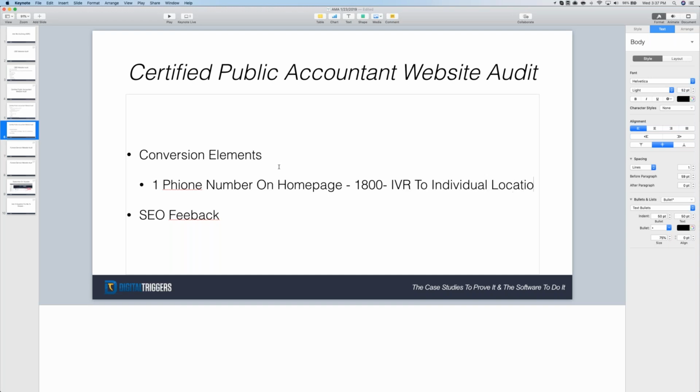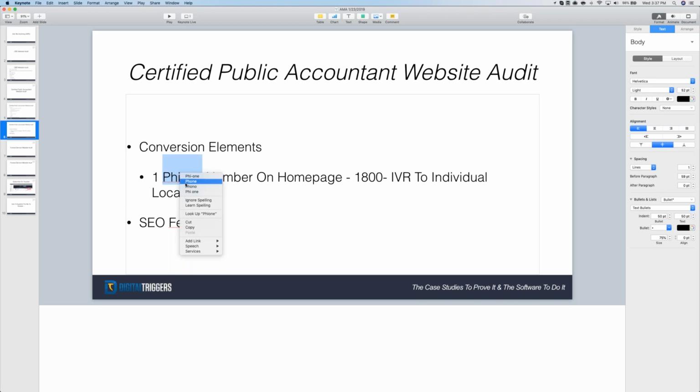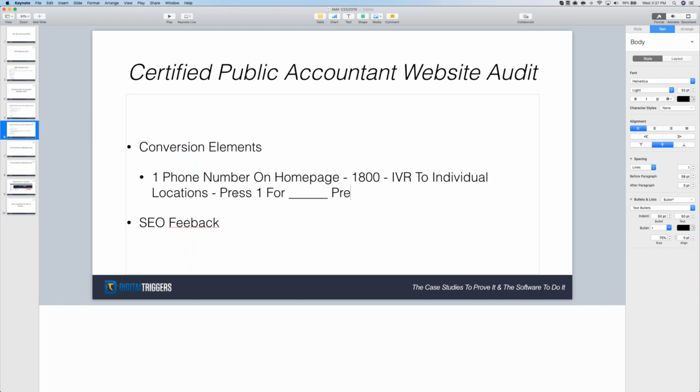So basically just going to say here, one phone number on homepage, 1-800, and then an IVR to individual locations, right? Press 1 for, press 2 for,